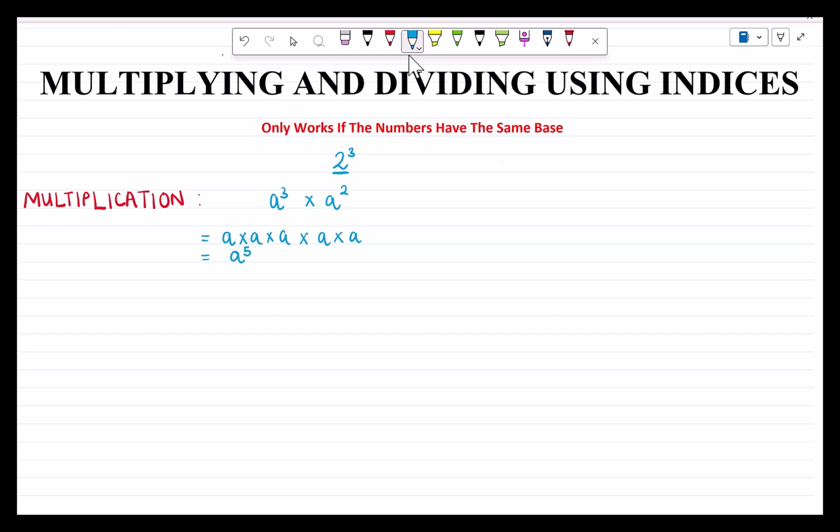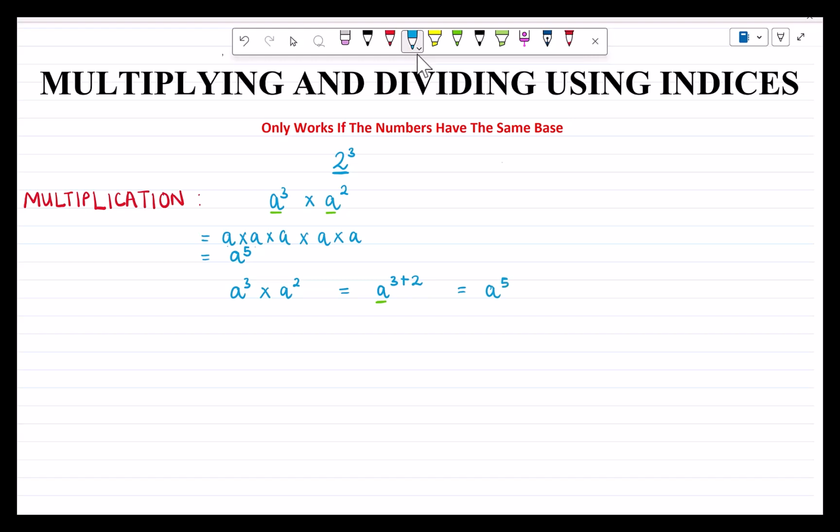But there's a shorter way of doing this, which is one of the rules of indices. If we have a to the power of 3 multiplied by a to the power of 2, the shorter way is to add the powers. So that would be a to the power of 3 plus 2, because the bases are the same. Remember, the base has to be the same. We have an a and an a. So our answer would be a to the power of 3 plus 2,